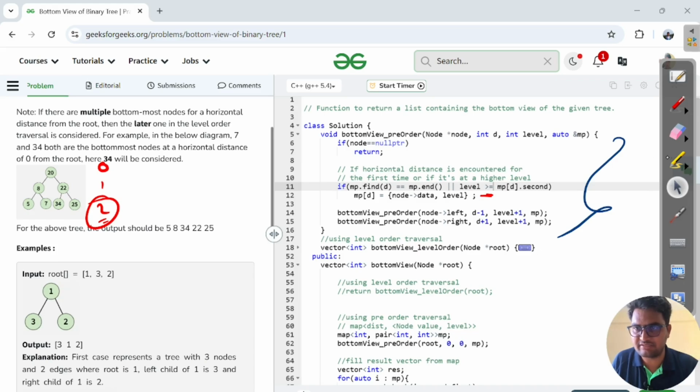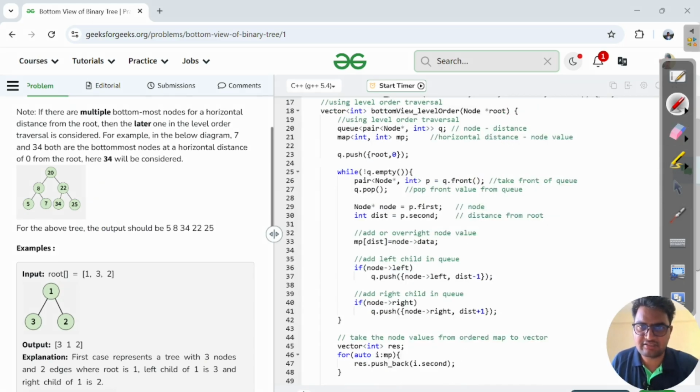Now I will come to the second approach, which uses the level order traversal. Here I am taking one queue. As you know, when we go through the level order, we have to take one queue, and if we only have to print level order nodes, then we take only nodes. But here we have to print the bottom view, so that is why I am taking a pair of node and integer, where the integer value is the distance. And I am taking one map of horizontal distance and node value,